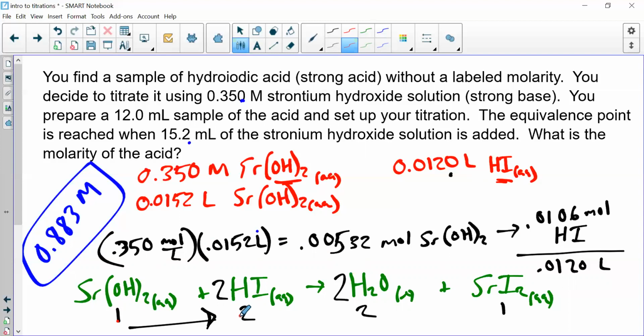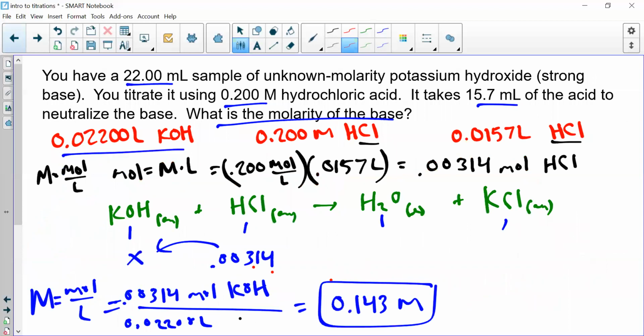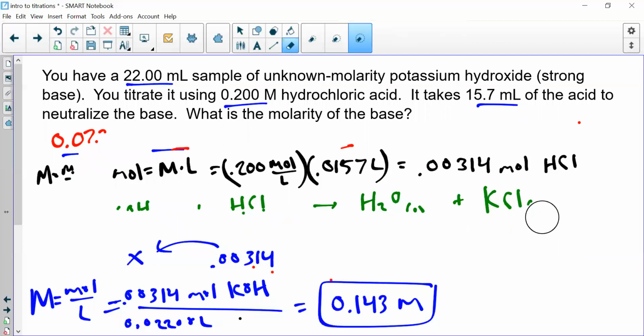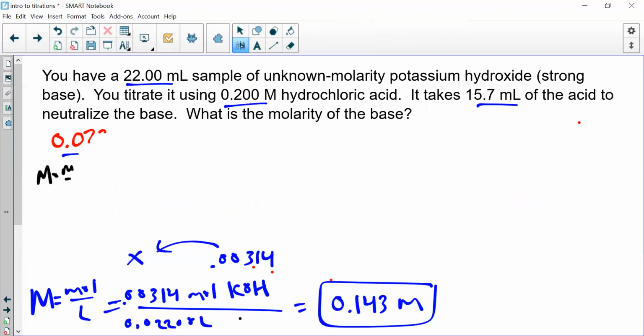Looking at this example, could we use the shortcut? Well, I have KOH, that's 1 hydroxide, and HCl is 1 hydrogen. Yes, I could use that shortcut for this one. So let's actually see if it works. Let me just clear some space. All right, so the formula is